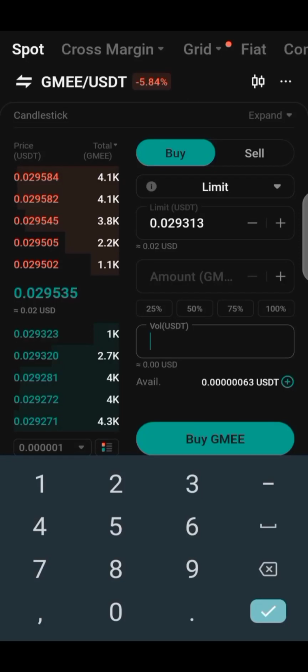Do you know you can be making massive income with exchanges arbitrage? What do you understand by exchanges arbitrage? Exchanges arbitrage is buying low and selling high in a particular exchange. So we are going to deal with that today, and I will show you step by step how to carry